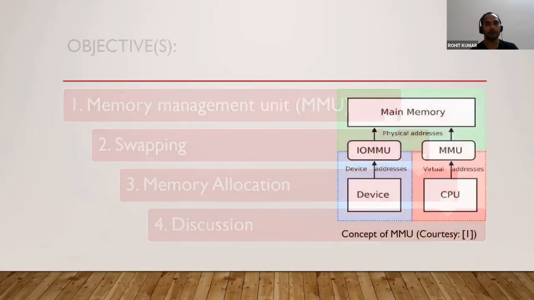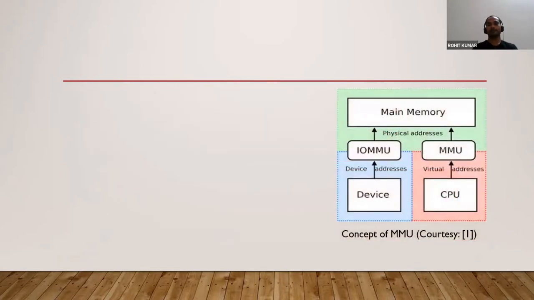Okay. Fine. So discussing the very basic concept of the MMU, you can see this particular figure, and here you can see that there is a main memory, that is RAM, shown in the green area. And then there is a hybrid kind of module that lies between RAM and the device area, and that is called IOMMU, meaning input output MMU. And there is a single MMU that lies between the virtual address space and the physical address space. Okay, so then there is a device and CPU.